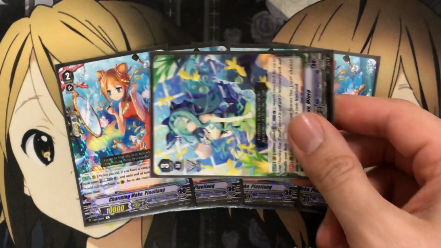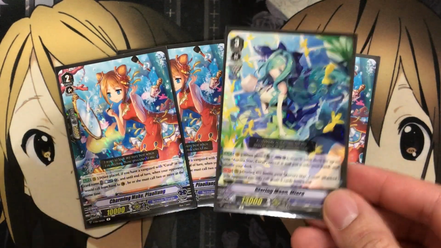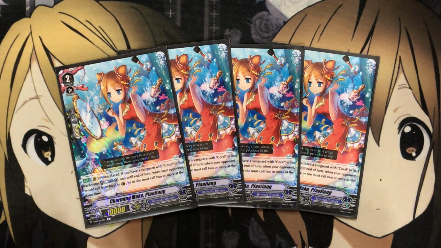So if your opponent puts down a Sentinel, they have to put down an additional card as well if you set up Piaolang with Miera on the field, meaning they have to waste extra resources just to block an attack on your opponent's turn. So Piaolang definitely does help with that in the sense,